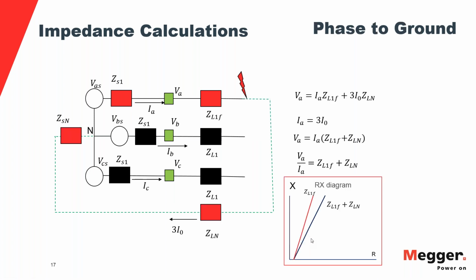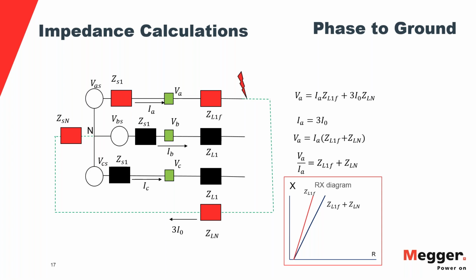In the case of the phase-to-ground fault, it's a little bit trickier, and we're going to spend a little bit more time on this one because of the effect that this type of fault has on the selectivity of these systems, and also because we are going to talk about the compensation methods that are used for